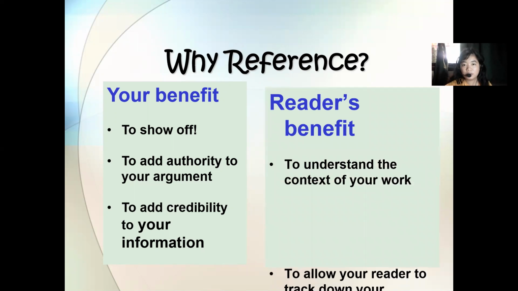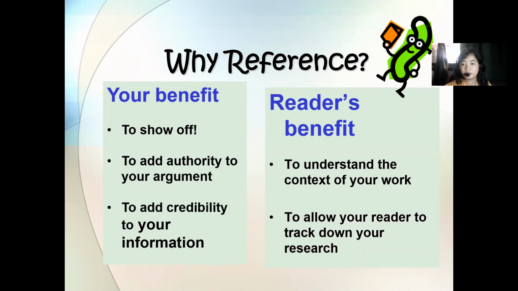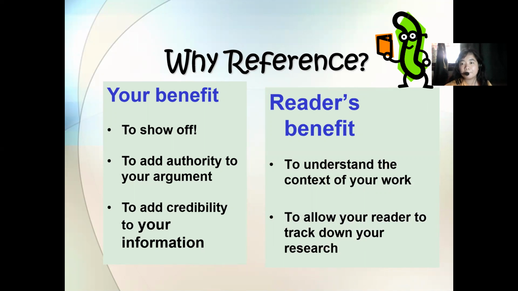So it will also benefit the reader because the reader will understand the context of your work. Because, of course, class, they will understand, this is what he meant about math anxiety. Because I am studying math anxiety and how it affects academic performance, and what the author or researcher mentioned here is still lacking. So he got citations from other researchers to further clarify what math anxiety really is. Because honestly, class, as researchers our perceptions and our understanding of our research topic are still lacking.